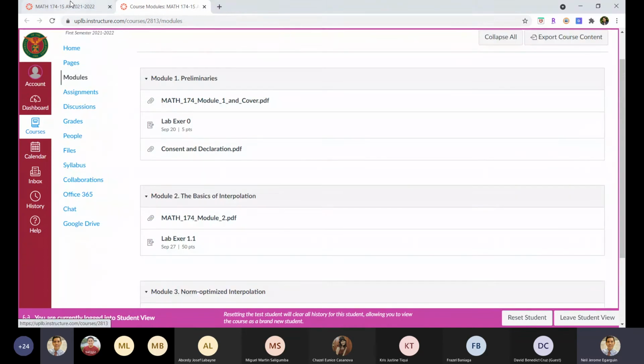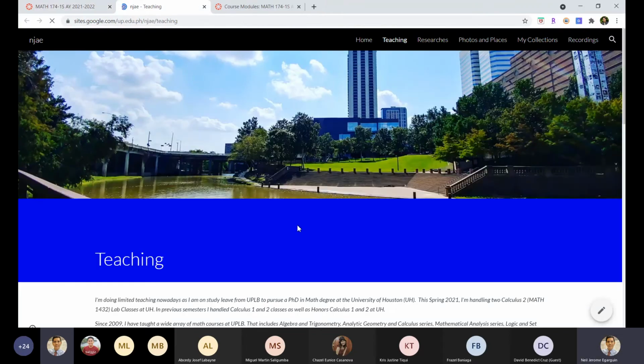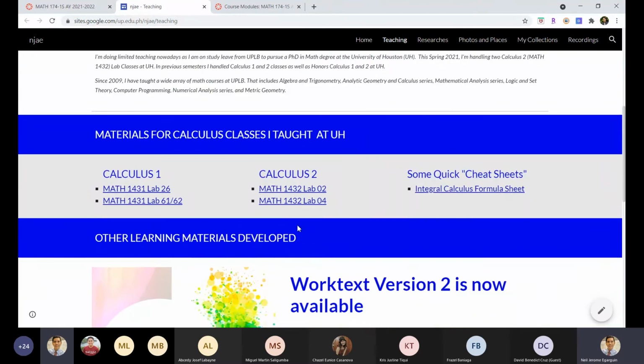So that's the modules section. And then if you want to read ahead and the module for that particular week is not yet available, and you want to get started with the next topics, you can click on the worktext. Then you'll be directed to my personal website on my teaching page. And then you see